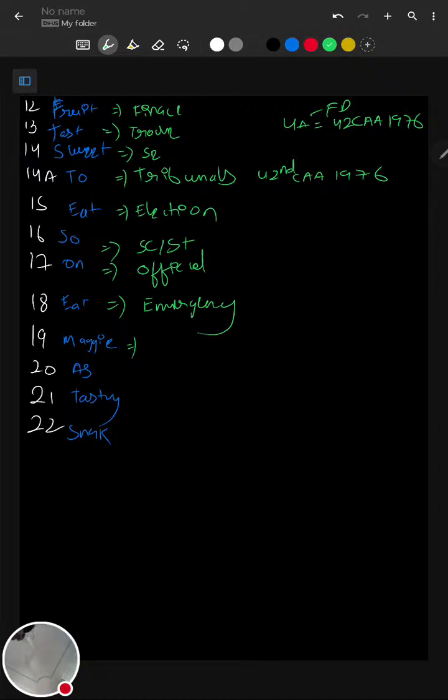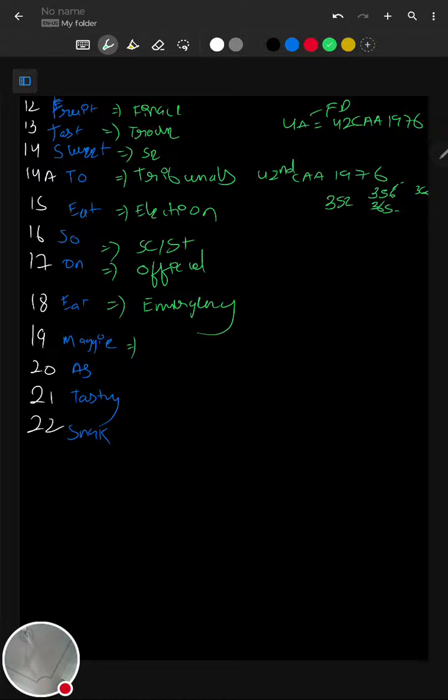Okay, so 352, 356, 365, and 360. So national emergency is 352. Then president emergency, president rule is 356 and 365. Here the state is not listening to the center. So the state is not listening to the constitution in the 356, and state is not listening to the center on 365. Then 360 is your financial emergency, right?